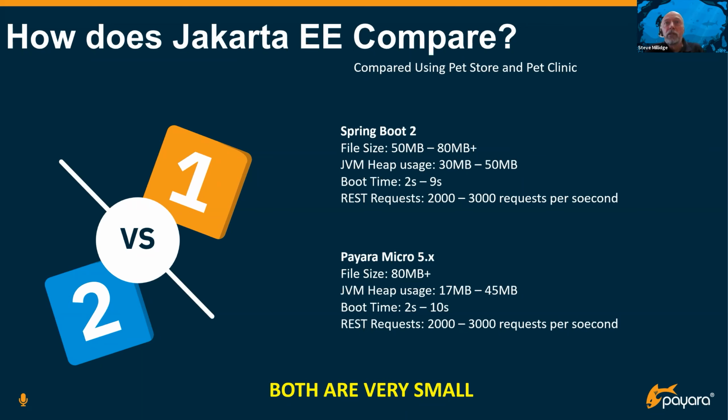But if you take a modern runtime like Payara Micro 5 and take that Pet Store application, which has REST endpoints as well as a JSF application, the application itself is around 8 megs, and Payara Micro is just under 80 megabytes. So that would be about 88 megs. It's going to be a little bit bigger than Spring Boot, but nothing that is by any means huge in the scale of things in this day and age. And again, its heap usage is going to be between 70 meg and 45 meg when you boot it up.